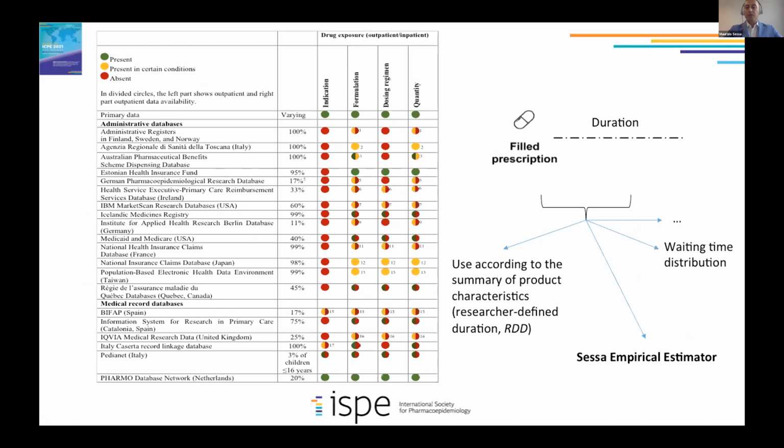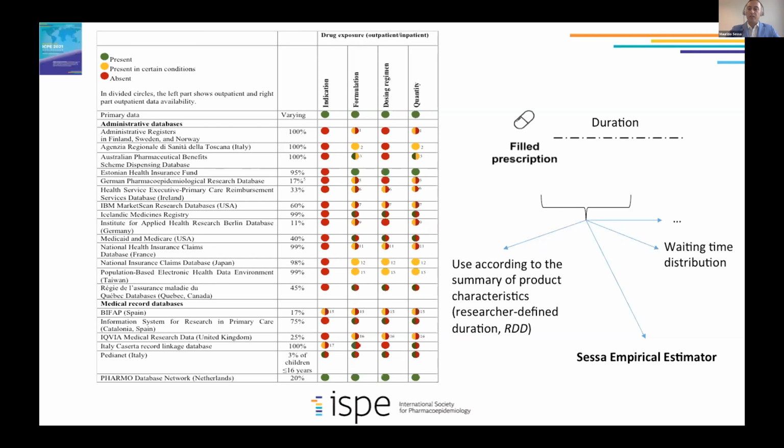And I've noticed that this information is in most of these databases not available. And this cannot be indirectly obtained because many times you actually miss information regarding the indication and the dosing regimen. So you cannot indirectly obtain for how long a filled prescription is going to last, given the amount of posological units you redeemed. This means that you need to predict such duration, and there are several available methods out there